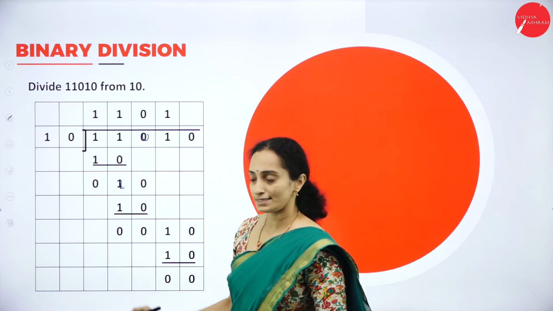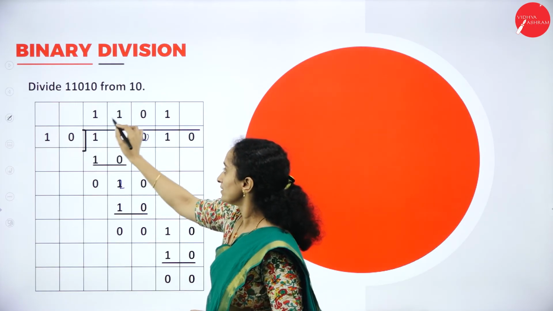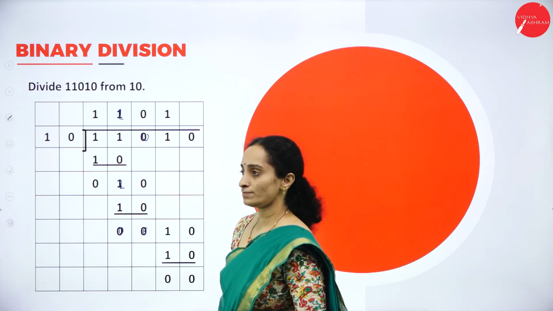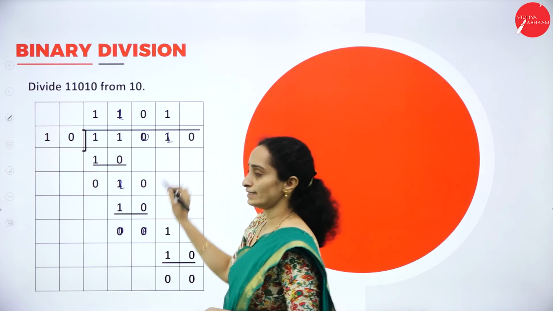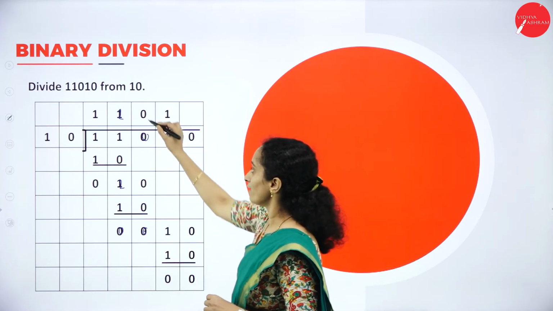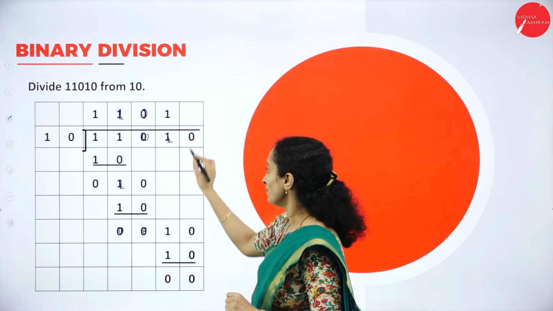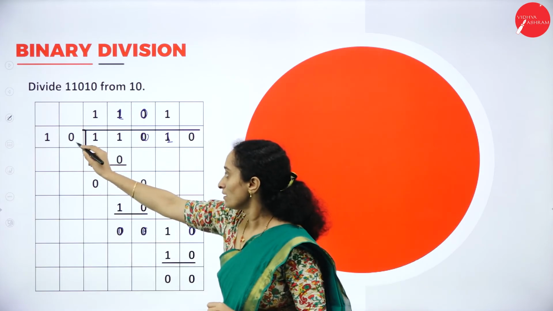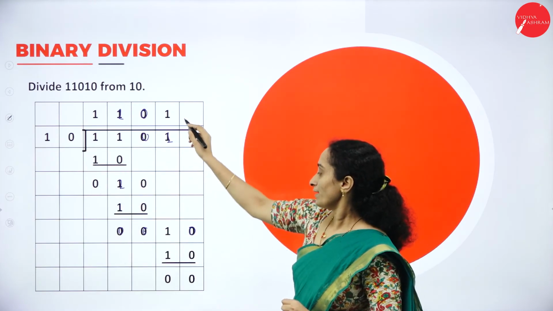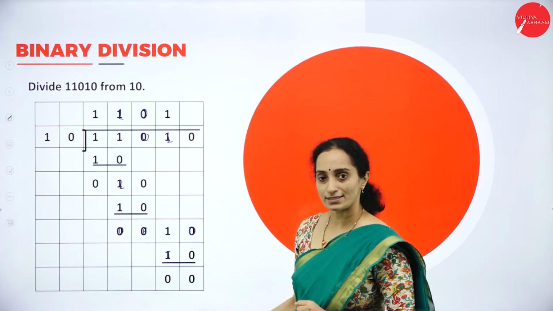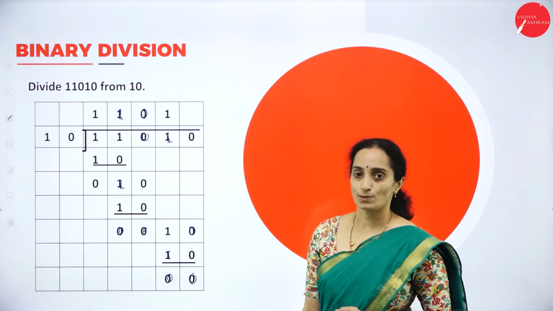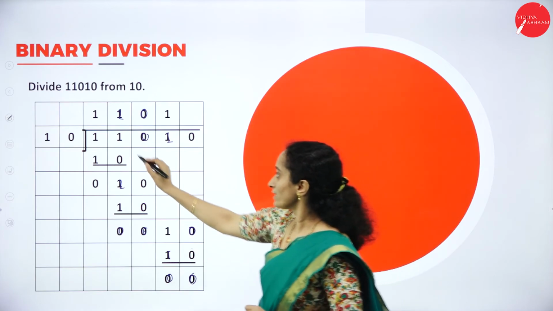Take the next digit, 10. 10 into 1 is 10, giving 00. Now take another digit. That digit is not enough, so we will add a 0 here as we do in the decimal system and take up the next digit also. It becomes 10 into 1 is 10. When you subtract, it becomes 00. Okay. So the final quotient is